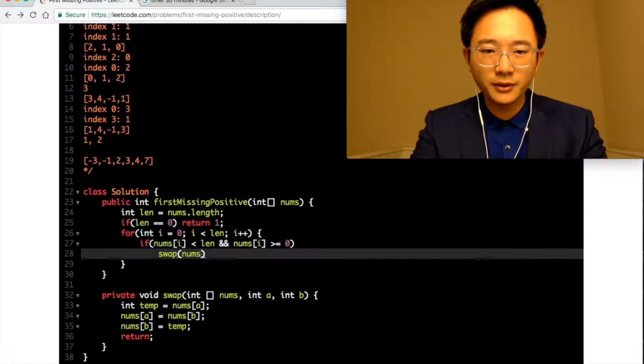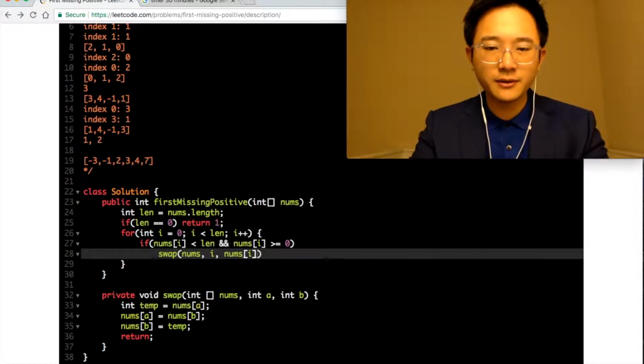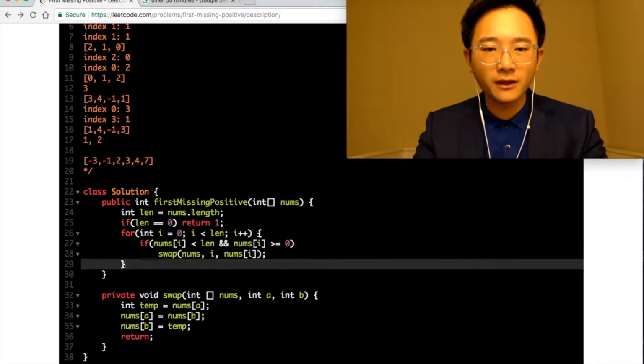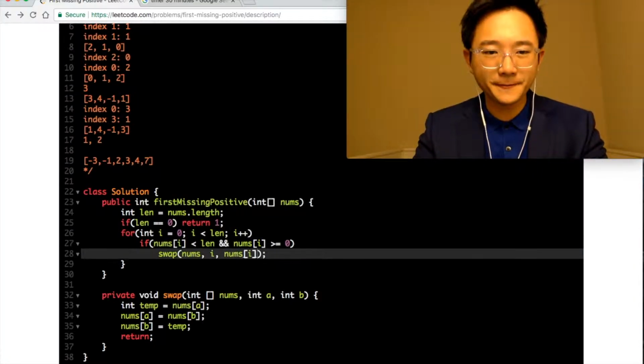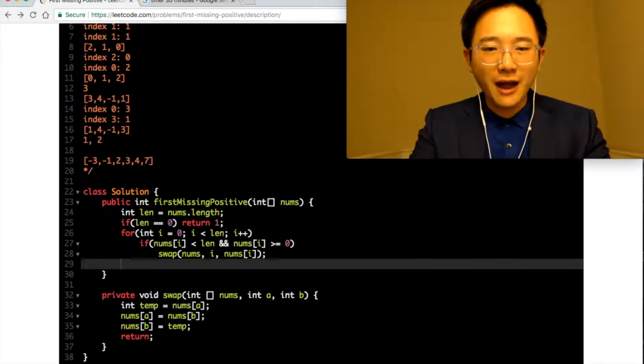Swap nums. So the index is going to be i and nums[i]. Okay. Actually, we don't even need this curly braces. All right, so after that,